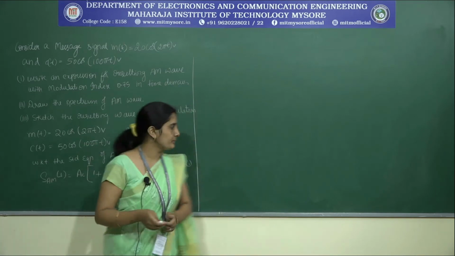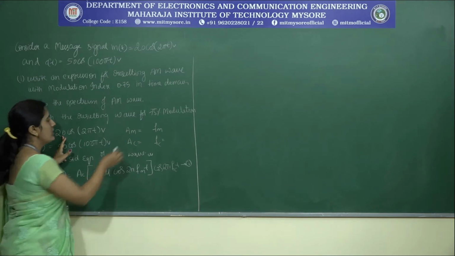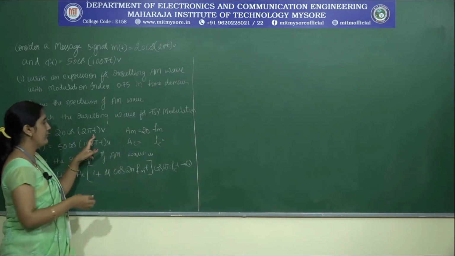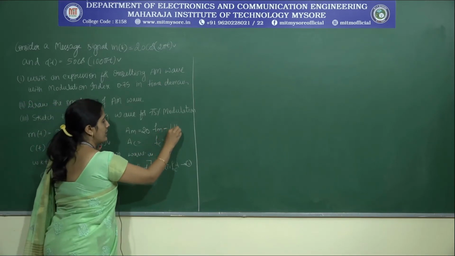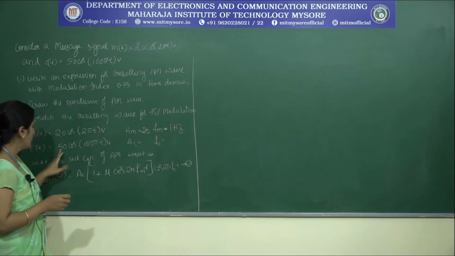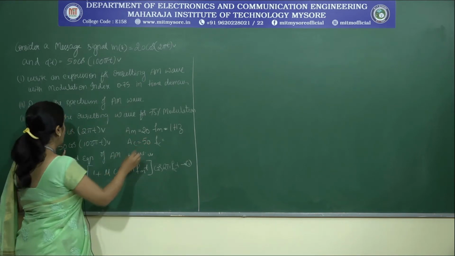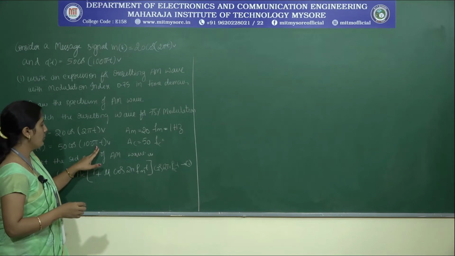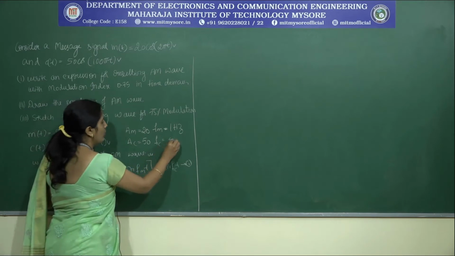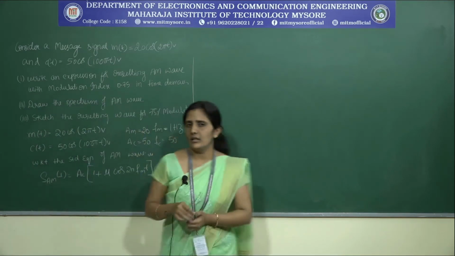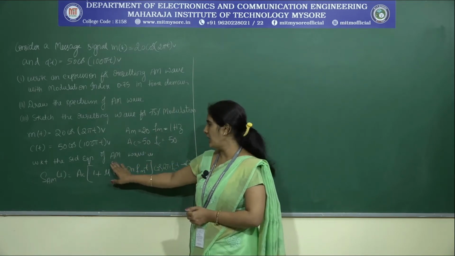Now let us write what the required components are here. Am is 20, and what is fm here? From 2 pi fm t, fm is equal to 1 hertz. From the equation c of t, what is Ac? It is 50, and here 100 pi t. If we split this 2 pi fc t, we get fc equal to 50. After considering this Am, fm, Ac and fc, we know the standard equation for the AM wave.